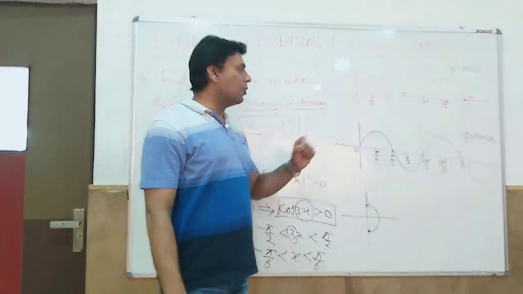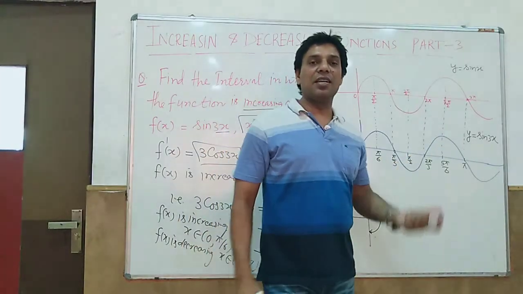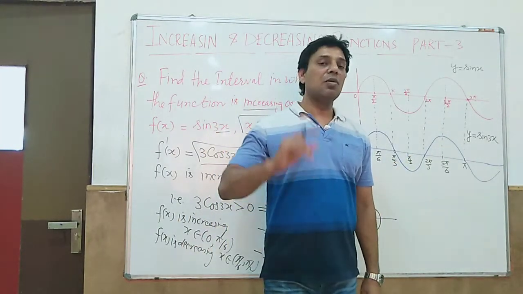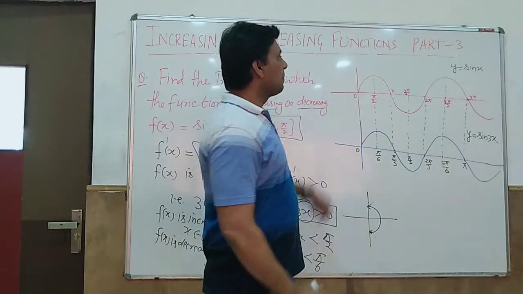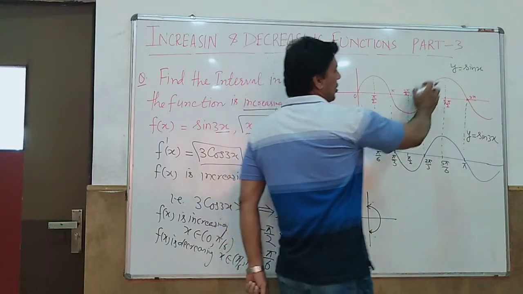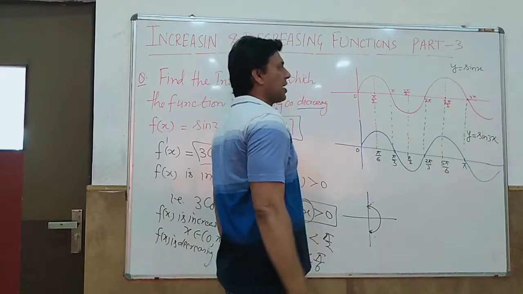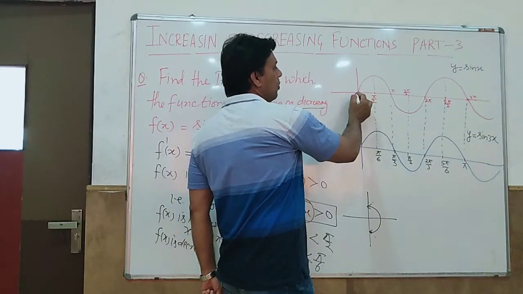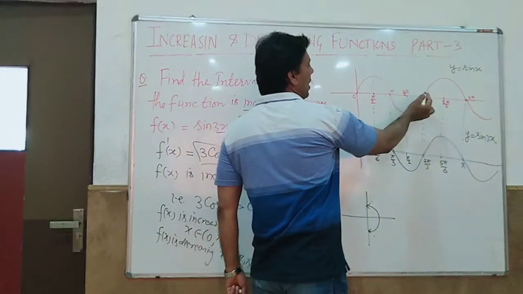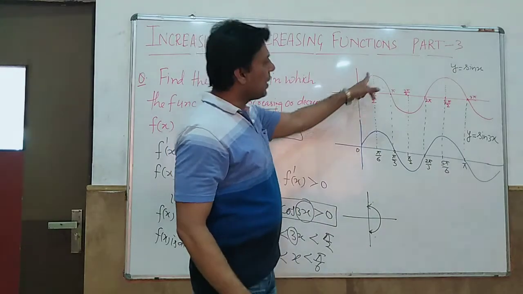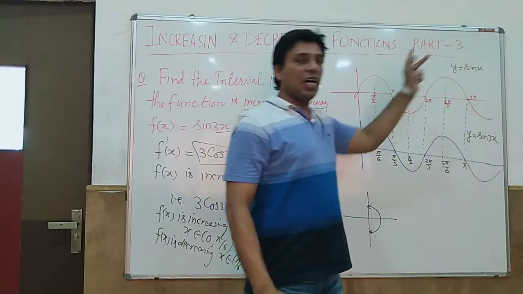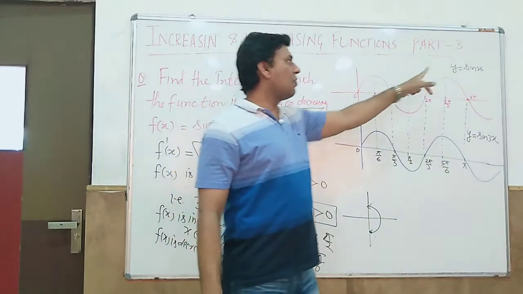Now I am telling you that this question can be done easily with the help of a graph. But you have to know one thing, so please let me show. Suppose you know this is the function of sin x, y is equal to sin x, and you know these points: 0, pi by 2, pi, 3 pi by 2, 2 pi, 5 pi by 2, 3 pi and so on. I have taken the positive part of the sine curve. You know this is the curve of sin x.